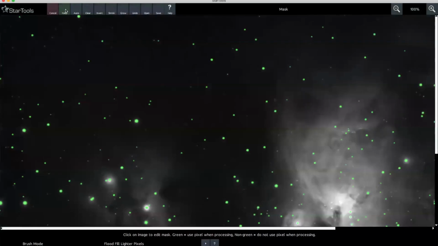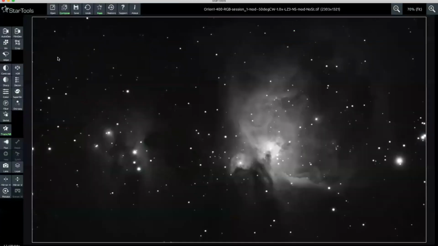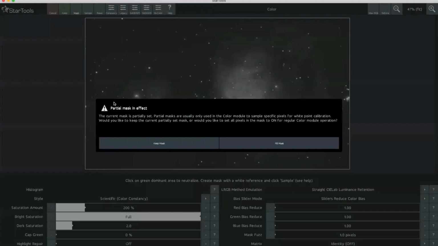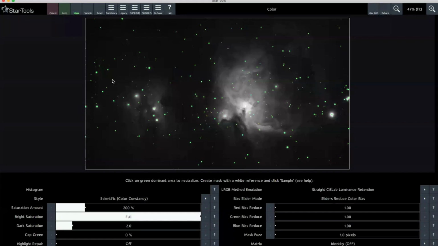Okay, so it's automatically created the star mask for us. We keep that. And when we go into the color module, we are going to use sample. What sample does is it looks at the mask, which is the actual stars, and from that, it can set the color balance or the white balance, or takes a white reference point, and from there it can build up the rest of the color for the image. So click on sample,